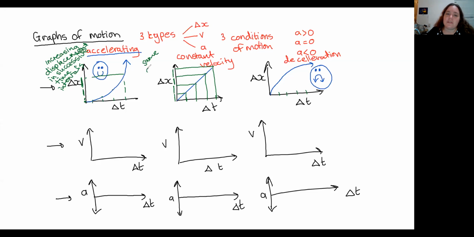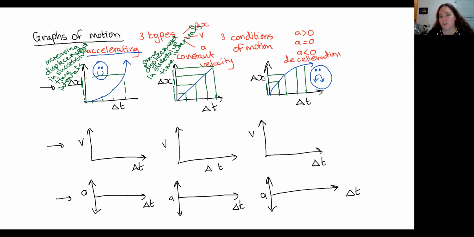So here we will have the same displacement in successive time intervals. If, on the other hand, we're decelerating, we're slowing down, so here we would have covered a huge displacement